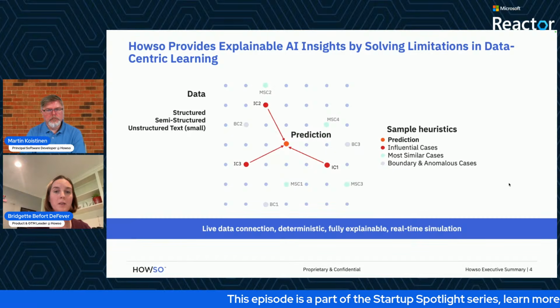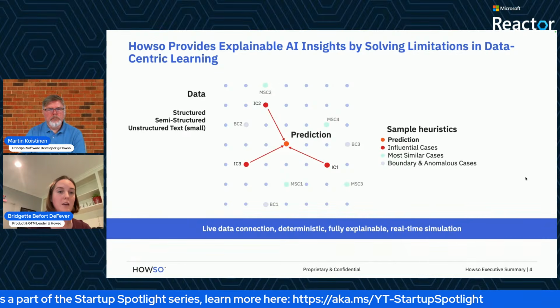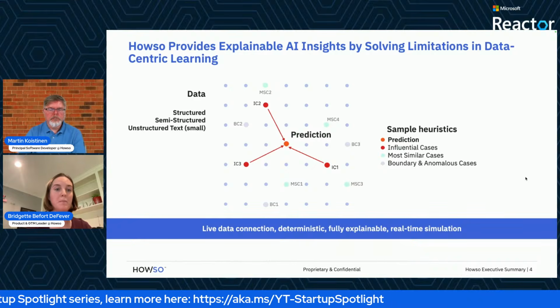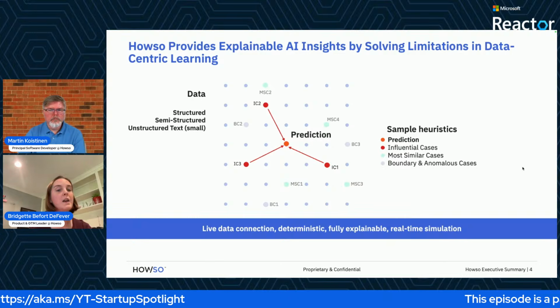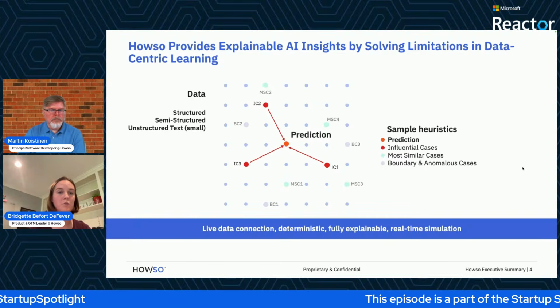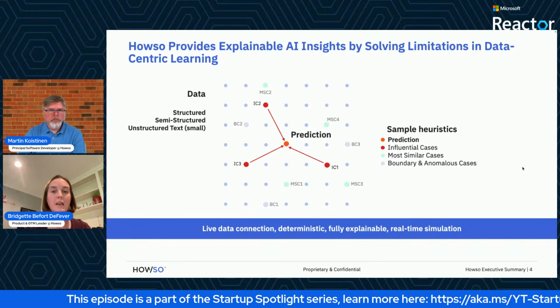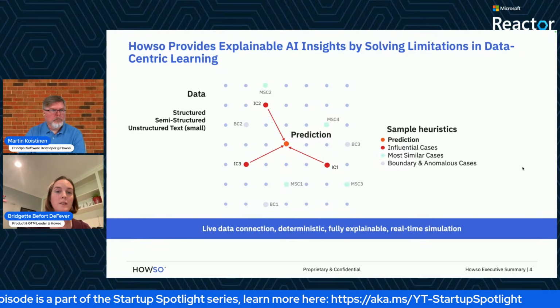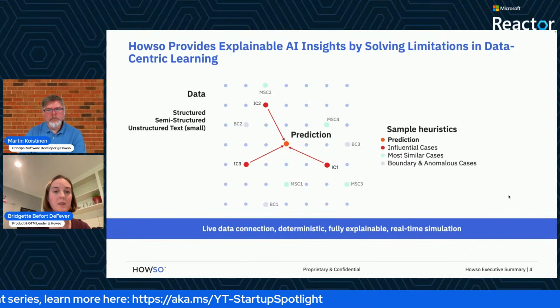Essentially what we do is sit on top of the data, and we can make inferences directly from the data itself by a complex but performant mapping system where we understand the relationships between all of the different data points and can use those relationships to make inferences as well as do a number of different types of ML workflows on the data. What this allows us to do is always trace back to the source data, no matter what capability or insight that we are generating for our customers.